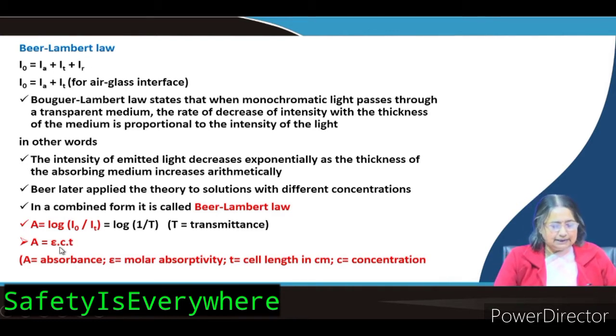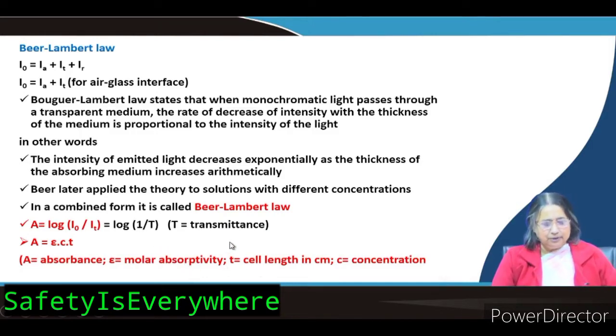So, what is C, what is T and what is epsilon? T is the thickness, okay. T usually we mean time, but here it is not time, here it is thickness, and C is the concentration. This is coming from Lambert, this is coming from Beer, and epsilon is a constant. It is called molar absorptivity or absorptivity, depending on how you express the concentration. Previously the name was extinction coefficient, now it is called absorptivity, okay.